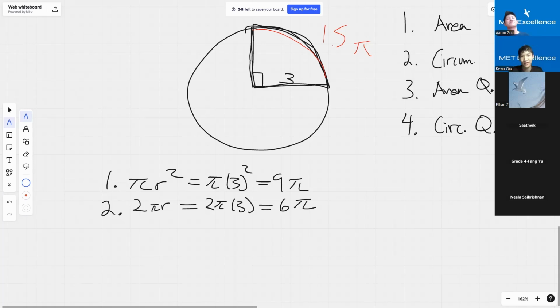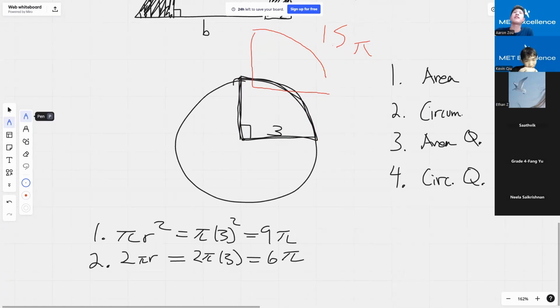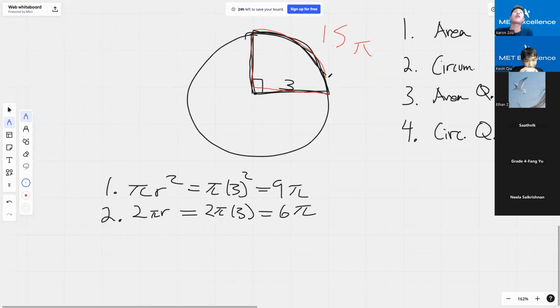So the circumference, or perimeter, is an equally appropriate word, also includes these 2 sides. I was not completely clear. When I meant the circumference of the quarter circle, I meant, sorry, the arc length. So just the curvy part, basically. I should have said the arc length. This is called the arc length. That's my bad. If you want to find the circumference slash perimeter of the entire quarter thing, you would